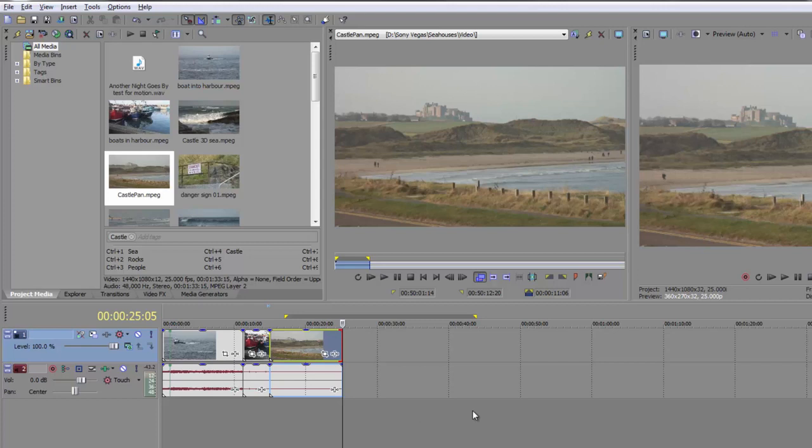Okay, so that's adding clips using the trimmer. There is more to the trimmer, and in the next tutorial we're going to look at